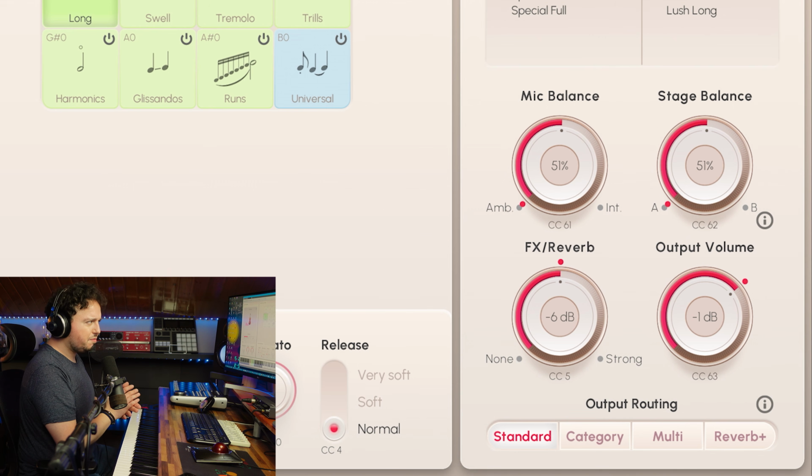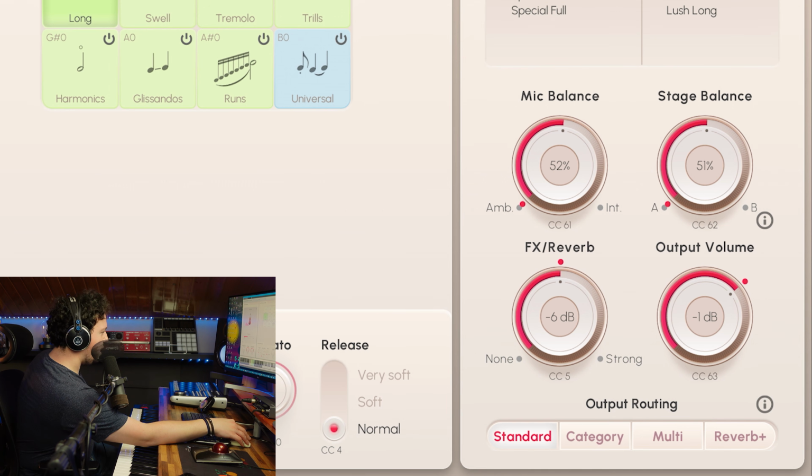And the stage balance is for you to choose between the sound coming from the stage A or from the stage B. So what happens, for example, if I choose the closed microphones here, and with the small ensemble in the stage B. And of course, let's do the reverse.